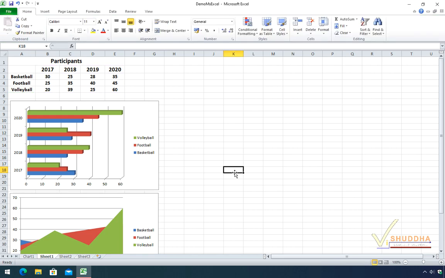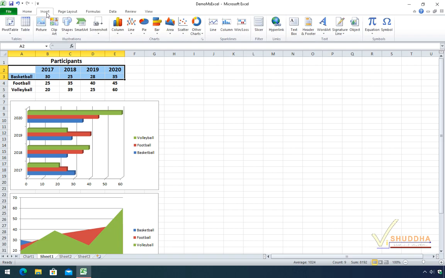Now let's try inserting a pie chart. A pie chart has the shape of a round pie cut into pieces or slices. The slices display the contribution or share of each value to a total value in terms of percentage. So here we are going to select just one series of data along with its categories. So let's select it and click on Insert. Then again from the charts group, click on the Pie down arrow. Now select any of the available types.